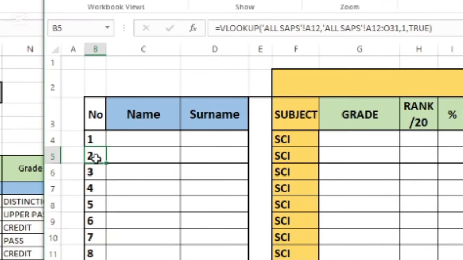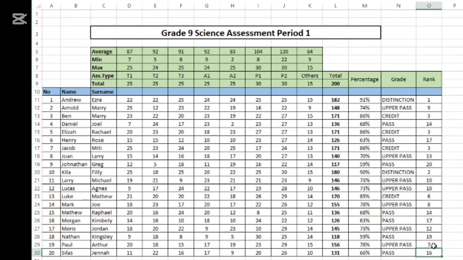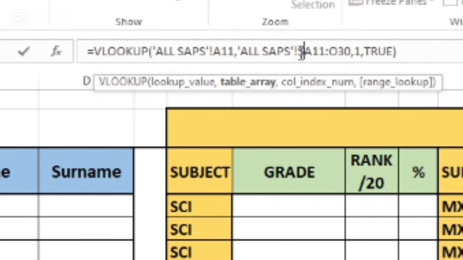Now number 2, the table array. I'm looking at A12 to O31, which is not true, because the table array should start from A11 and finish at O30. So fix this, make sure that it is A11 to O30 and must persist. So in order for that value to continue, I will put the dollar sign